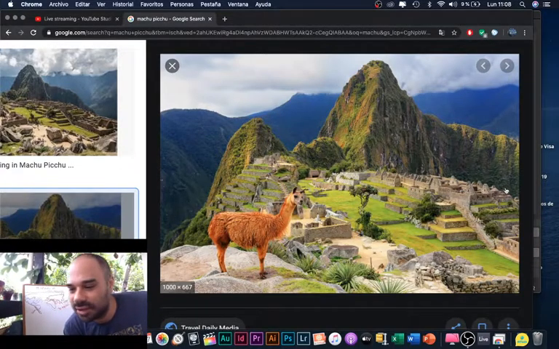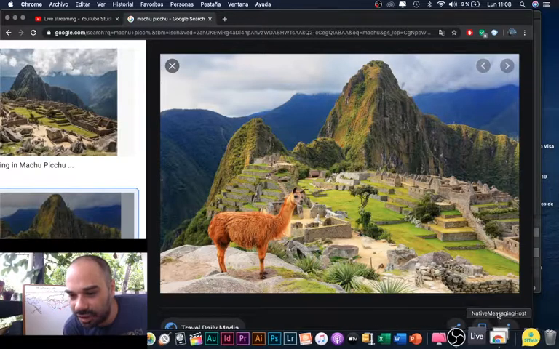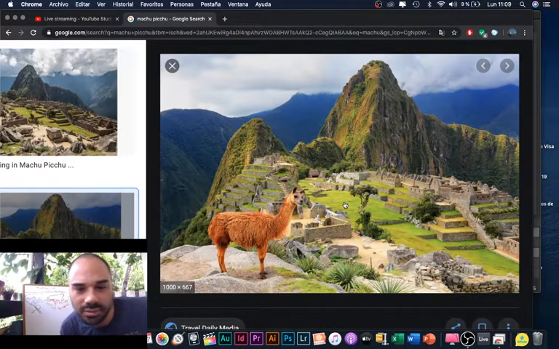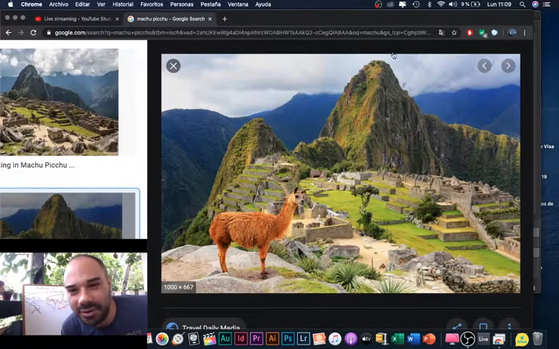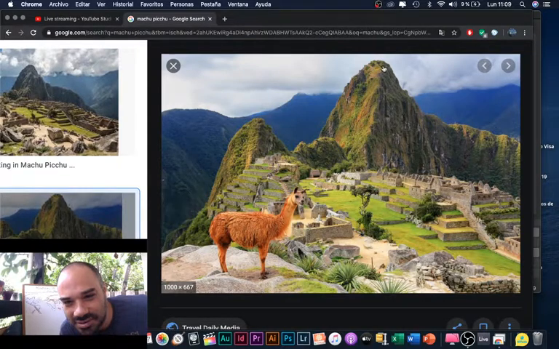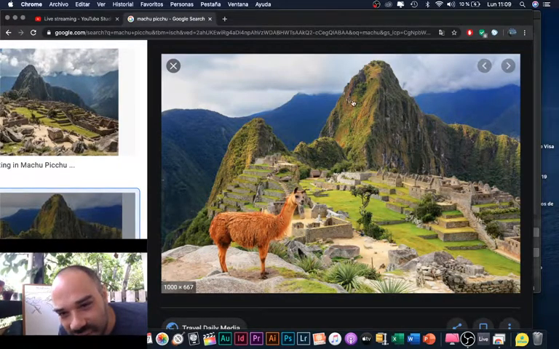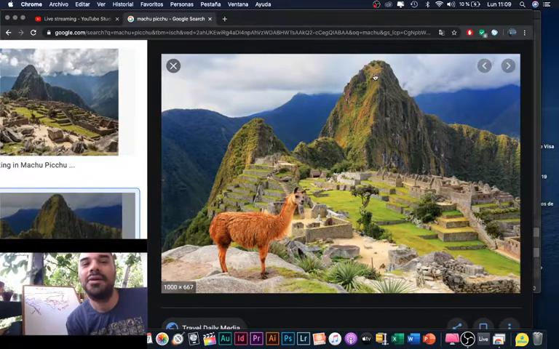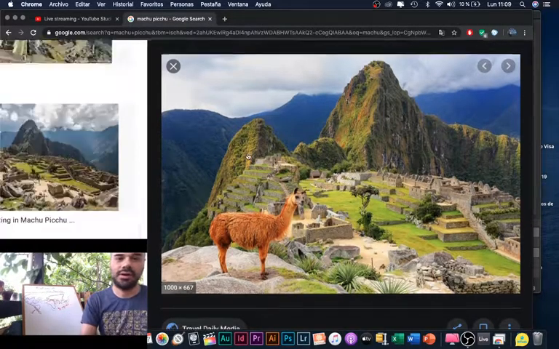Next time you go on a trip, you should definitely take photos and upload them quickly. I had photographs here, standing on top of the world, on top of these ruins. Imagine that there are ruins built all over here. You cannot see them here, but they're definitely there.